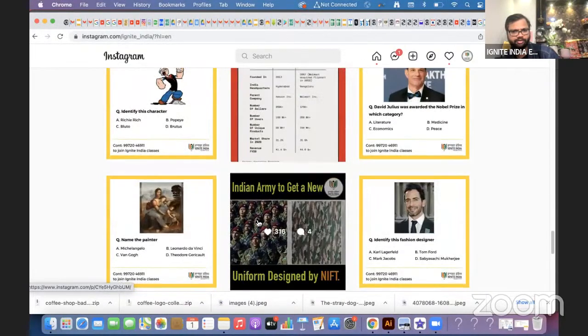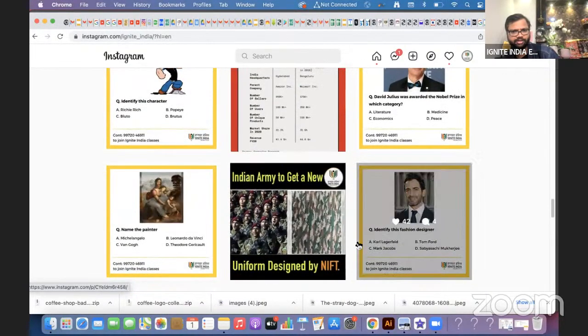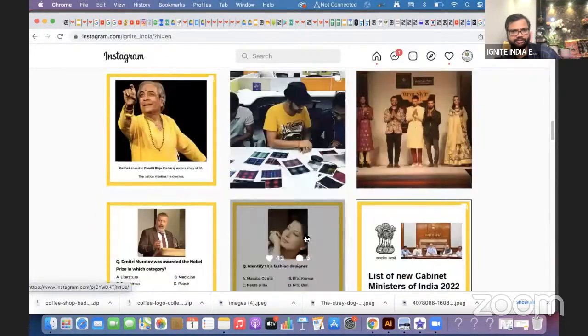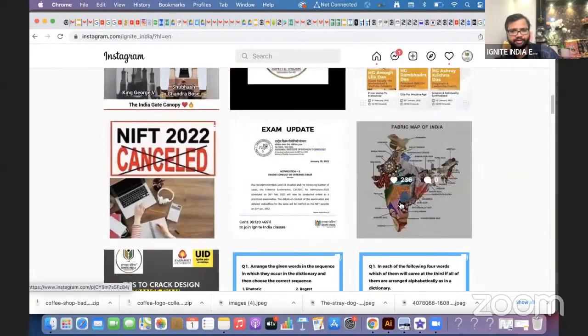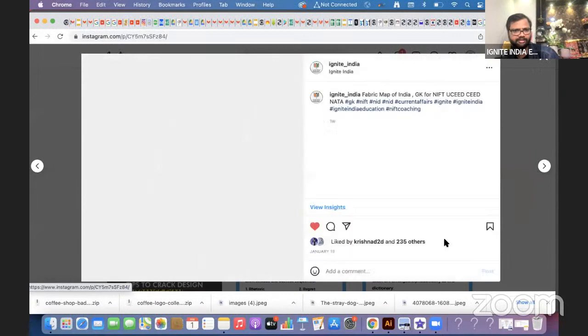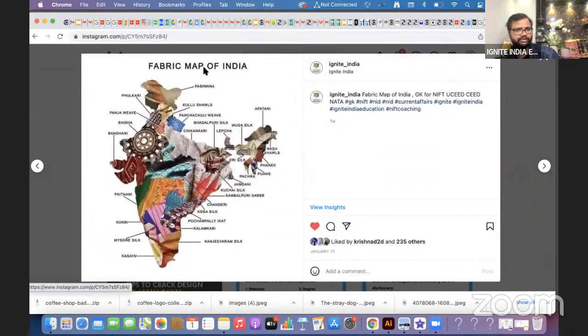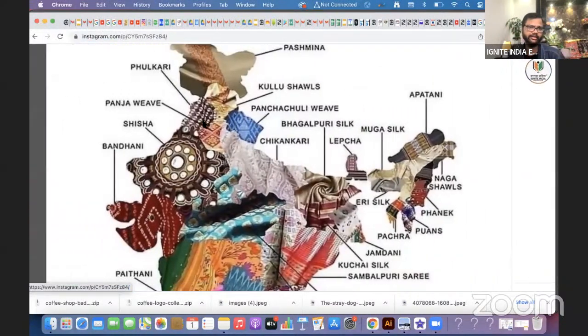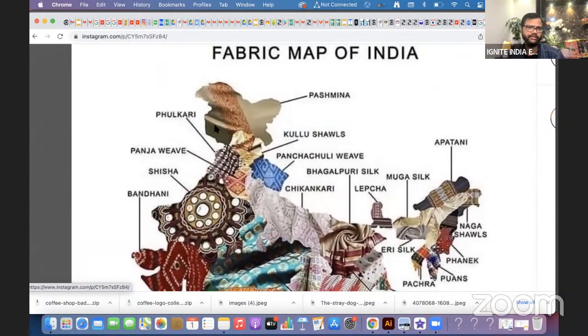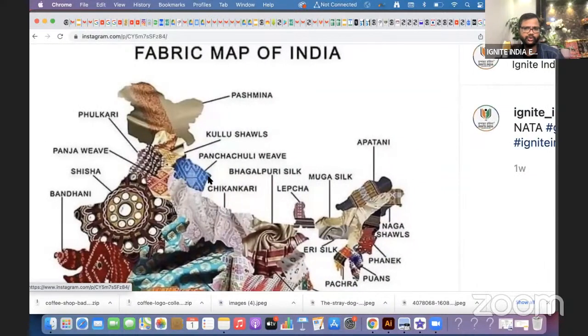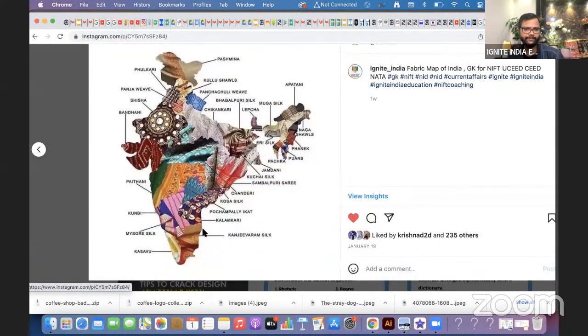Then there are different types of GK, where one of my favorites is fabric related, where you will get the fabric map of India. In this you will get which state fabrics like Phulkari come from, right? All this: Bandhani, Kullu shawls, Paithani, Pochampally, Chanderi. All this is very, very important again.